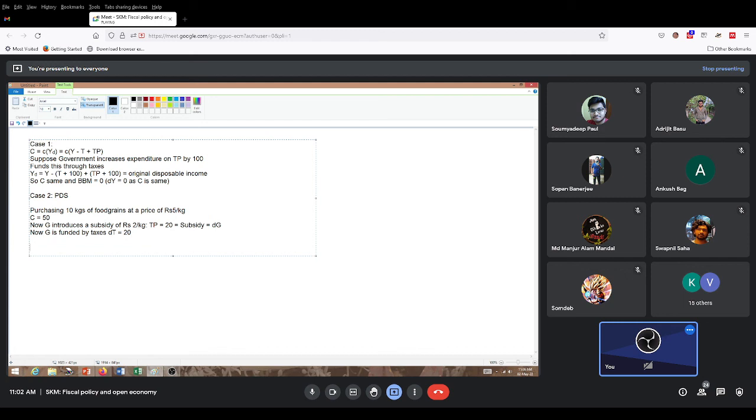So in that case, is the household benefiting? No, sir. Here we are getting 20 rupees, and from the other side we are giving 20 rupees as tax. Exactly. It is the same. So if we think about it,